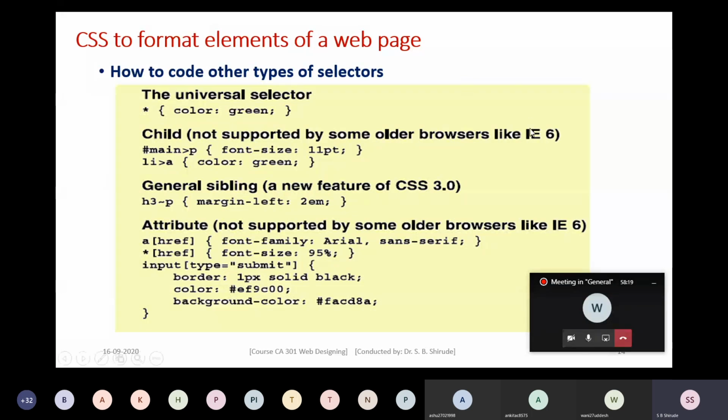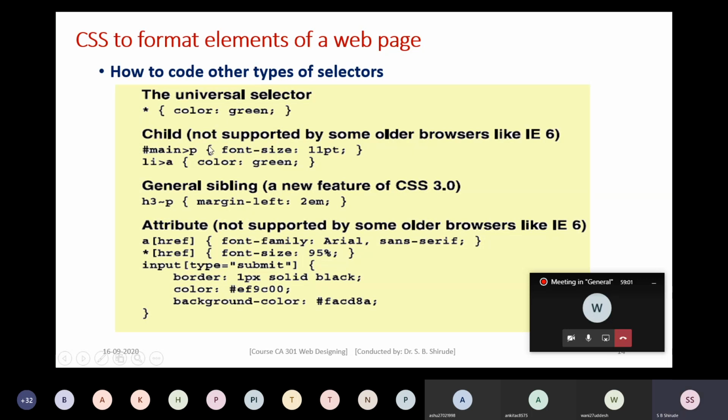See, what are the different types of the other selectors? Here, the universal selector. What do you mean by universal selector? Universal selector means wherever that property is in the web page, that property will be applied by this rule. For example, color green. Wherever there is a color attribute in the complete web page, the value of that color will be green, and it is applied to all. Why to all? Because it is a universal selector. And how can you specify the universal selector in the CSS file? By using this star. The star means it is the universal selector.